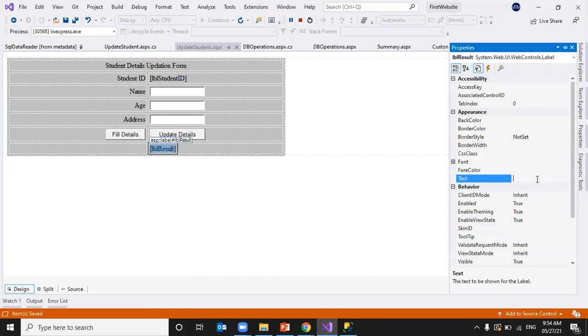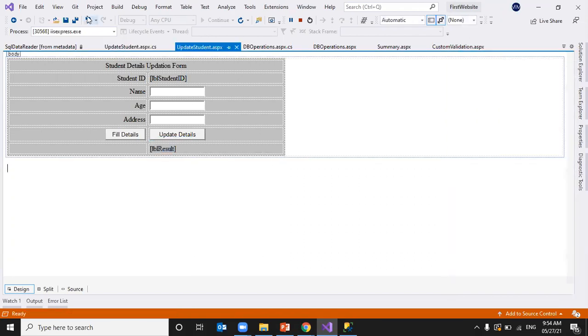Any doubts here? The next topic we have is data bound controls. Till now we are only displaying single student details in the form. Suppose I want to display all the student details on the screen. Then we go for grids or data bound controls. One of the data bound controls is GridView, where we can display data in a tabular structure.